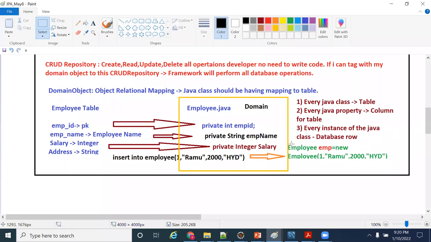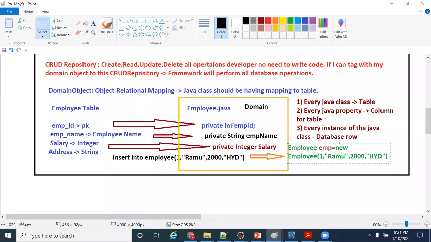For example, Employee emp = new Employee(1, "Ramu", 2000, "Hyderabad"). This is Java code, right? The constructor takes employee ID 1, employee name Ramu, salary 2000, address HYD. I am writing Java code, but in the ORM framework, Employee corresponds to the employee table.